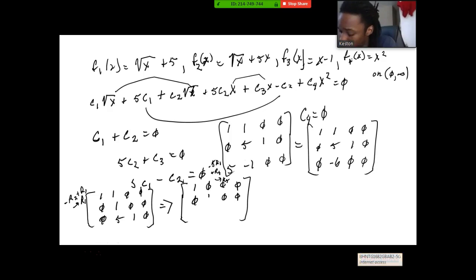And then we're going to do minus 5 times row 2, add it to row 3. Okay, and it becomes the new row 3. So it'll be 0, 0,